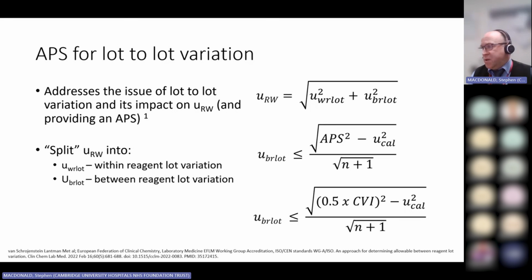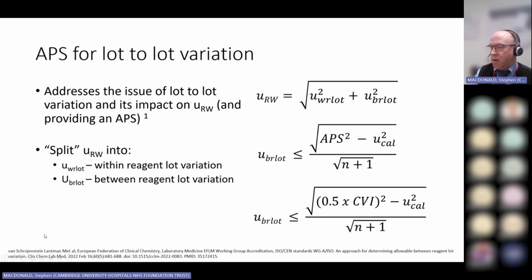And that hasn't been missed, with a publication that's come out very recently about taking the uncertainty concept one step further and subdividing our internal intermediate precision into lot-to-lot variability, and therefore being able to apply an analytical performance specification to what we accept as lot-to-lot variation within our QC. Because if it's too much and we get a shift, we do have a danger of our patient shift results being masked. So I won't go into detail on this in the interest of time, but I will point you